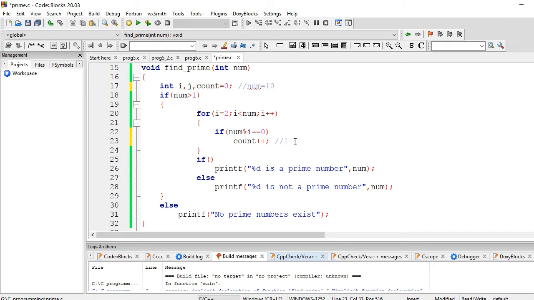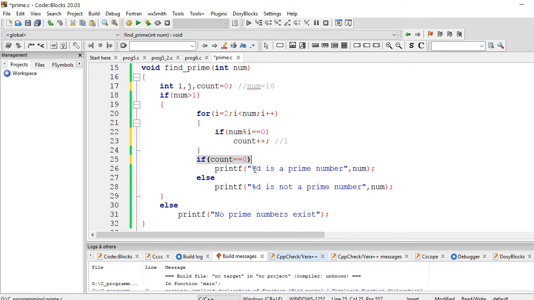After this for loop completes, if the count variable equals 0, that means count was not increased and the number is not divisible by any smaller number, so we can say that the number is a prime number.